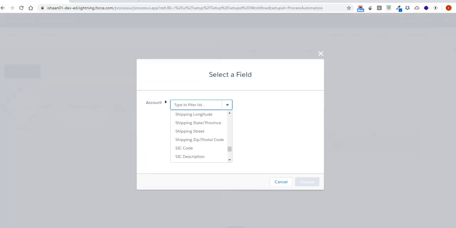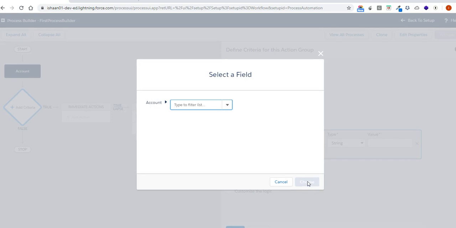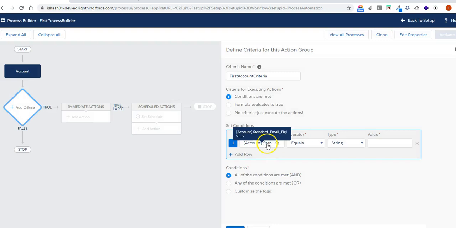So we'll go into the process builder and we'll select the standard email field that we have, and I'll choose that field. Where did it go? Yep, standard email field equals string, not equals to, I'll specify not equal to null,